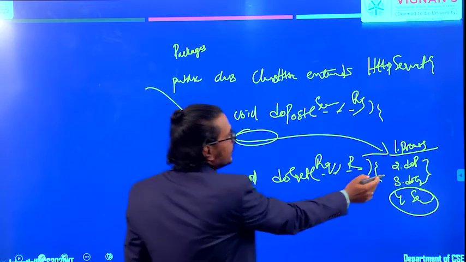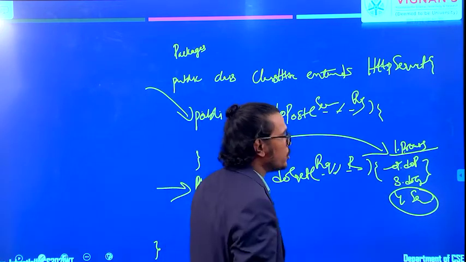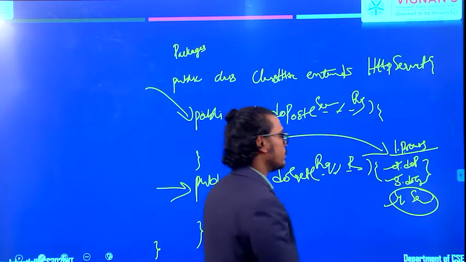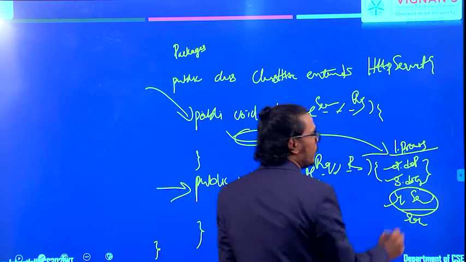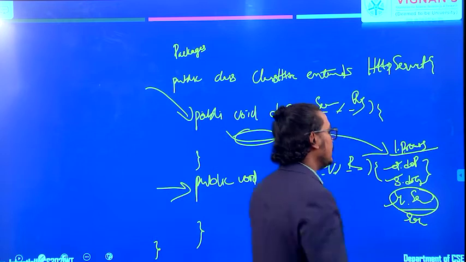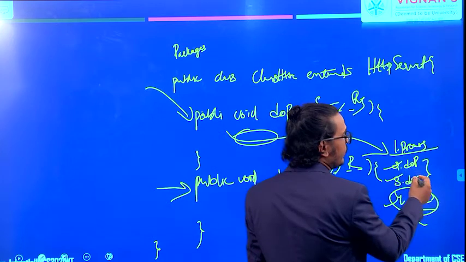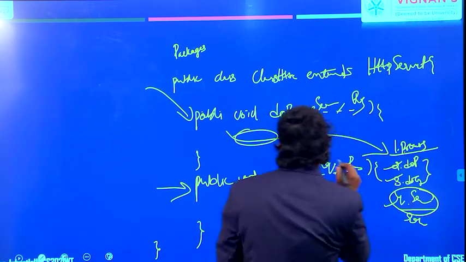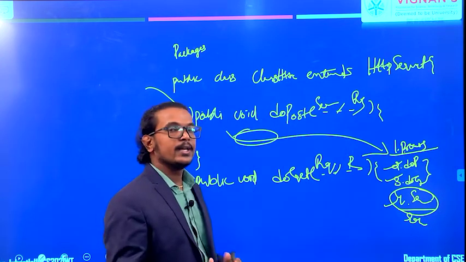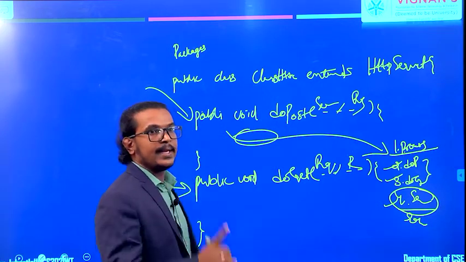The first one is processRequest, the second is doPost, the third is doGet, and there is also a string method. In this string method, we are just returning the servlet information. You can get the servlet information with the help of this string method. Next are the doGet and doPost methods, constructing the response. Once the construction of the response is over, we pass this information to the process method. With the help of the process method, we construct the response and forward it to the client machine. That is one way.